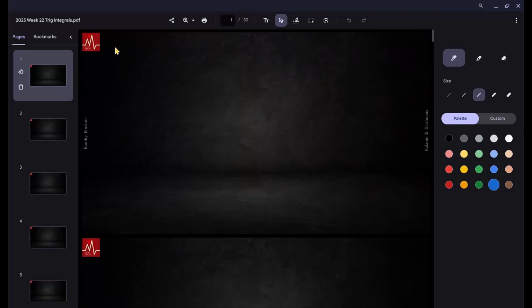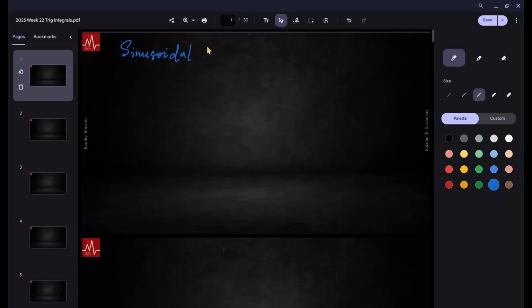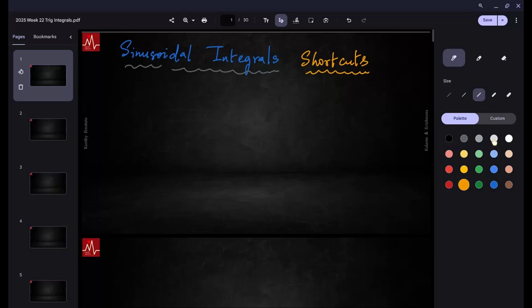So this is specifically on sinusoidal integrals. This is going to be on sinusoidal integrals, definite integrals, of course. What I'm going to do is mostly one line. So I'm going to put this as shortcuts, mostly shortcuts, and this is extremely useful in circuits,